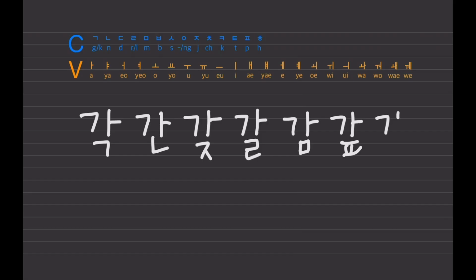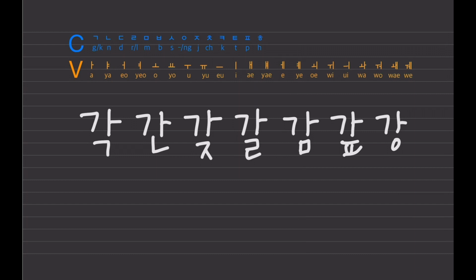Second rule, there are only 7 sounds for 받침. However, as you can see here, every consonant can be placed in the 받침 position like this. That means some sound the same while they look different. Before I explain the rule, let's read them together to see how they sound alike.